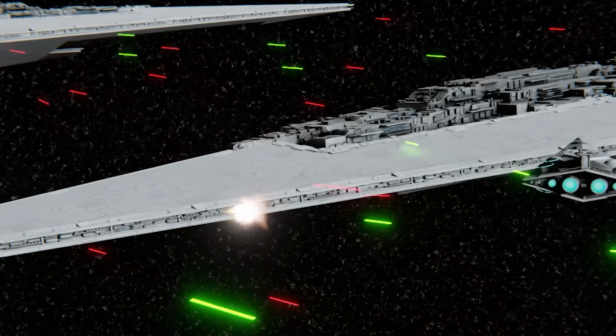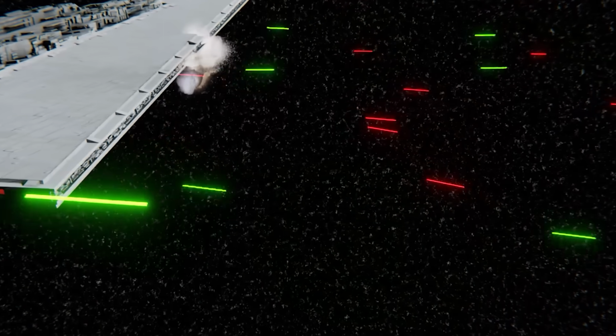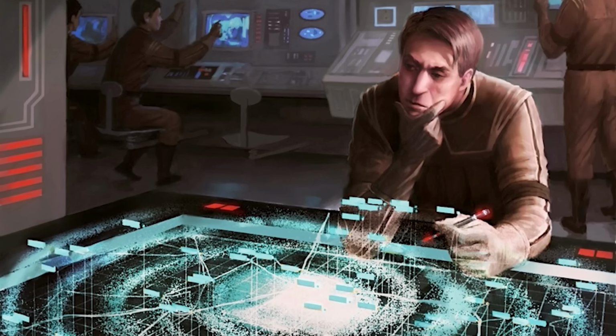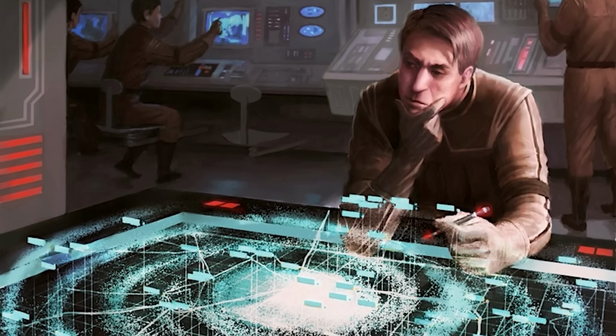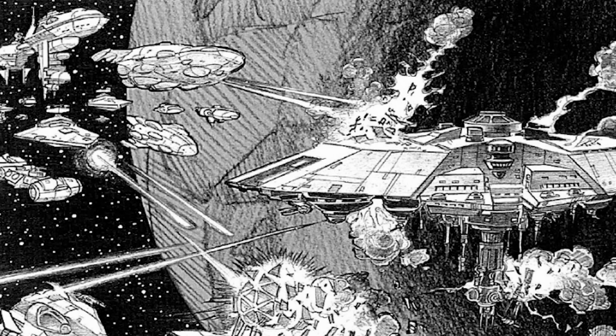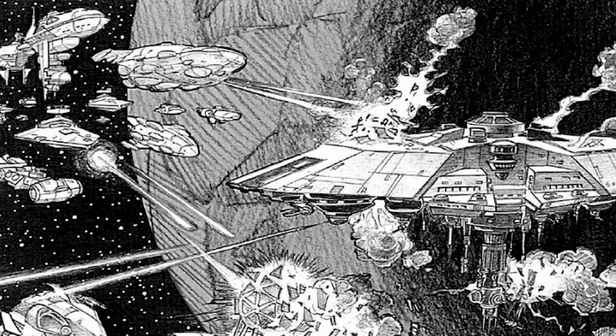While the New Republic had more resources than the Rebel Alliance and could afford to build their own superships if they felt like it, their reliance on fighter craft continued into the post-Endor period. Many strategists in the New Republic believed the massive dreadnoughts were entirely unsuited to the battles of the day. The doctrinal focus on fighter craft and smaller capital ships was so entrenched that even captured Imperial hardware wasn't put